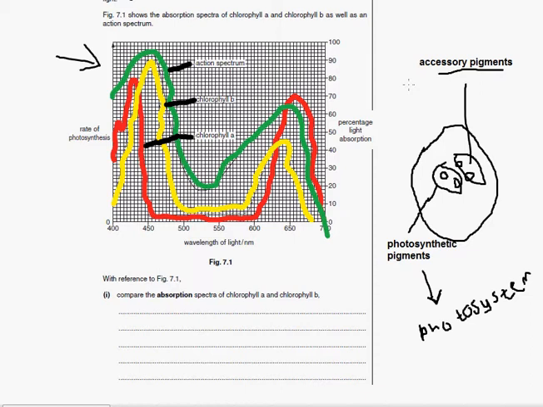But now, the first thing we should understand is, why do plants appear as green, right? So plants simply appear green because when these photosynthetic pigments are present, they absorb all other light except green. Green they give out, okay? They let it go through. They do not absorb, so green is given out. And that is the thing that we are supposed to be observing here, comparing the absorption spectra and chlorophyll A